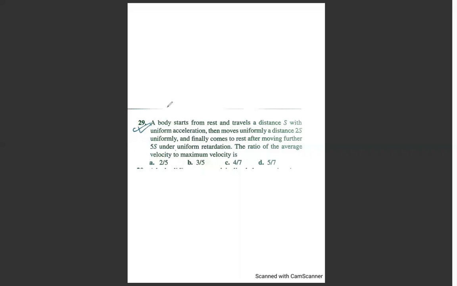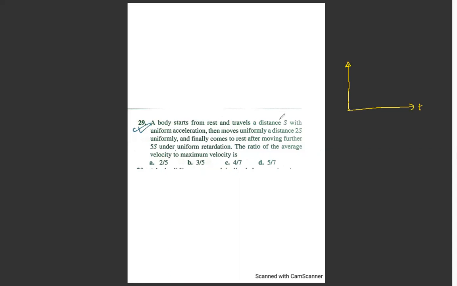You have to find out the ratio of the average velocity to the maximum velocity. Right? So it's not yet sounding very difficult, but we are going to tackle this by doing the graph. Average velocity to maximum velocity. Let's do it. Let's do a velocity and time graph. Let's draw a velocity time graph and replicate the steps that have been given.